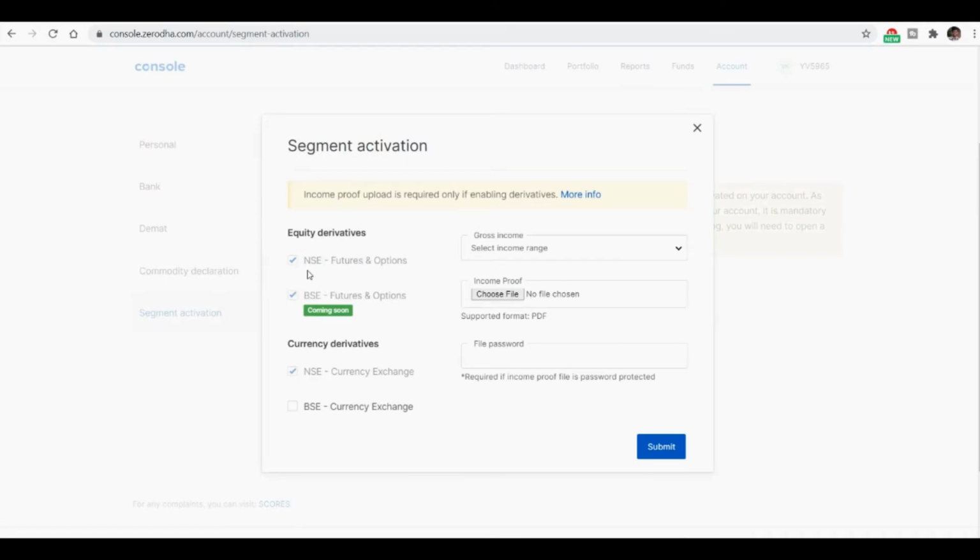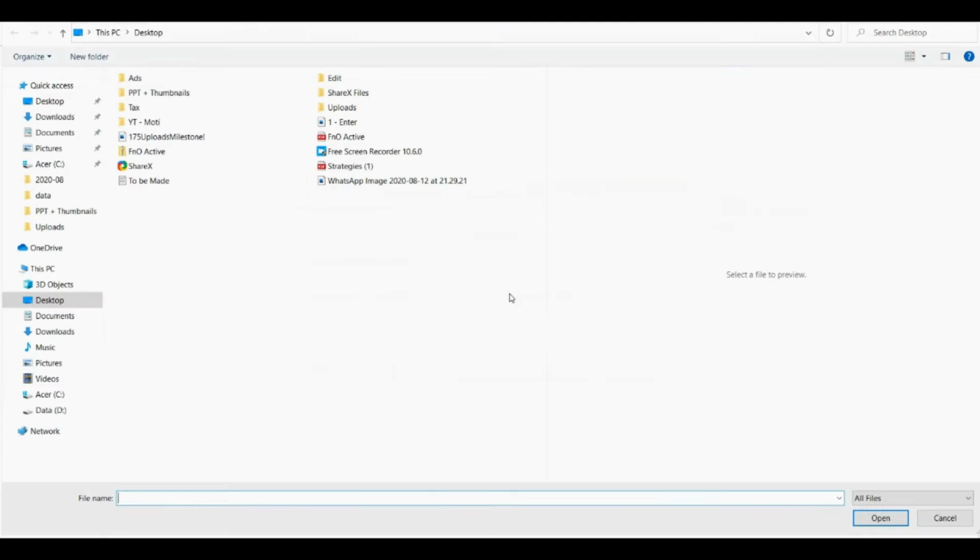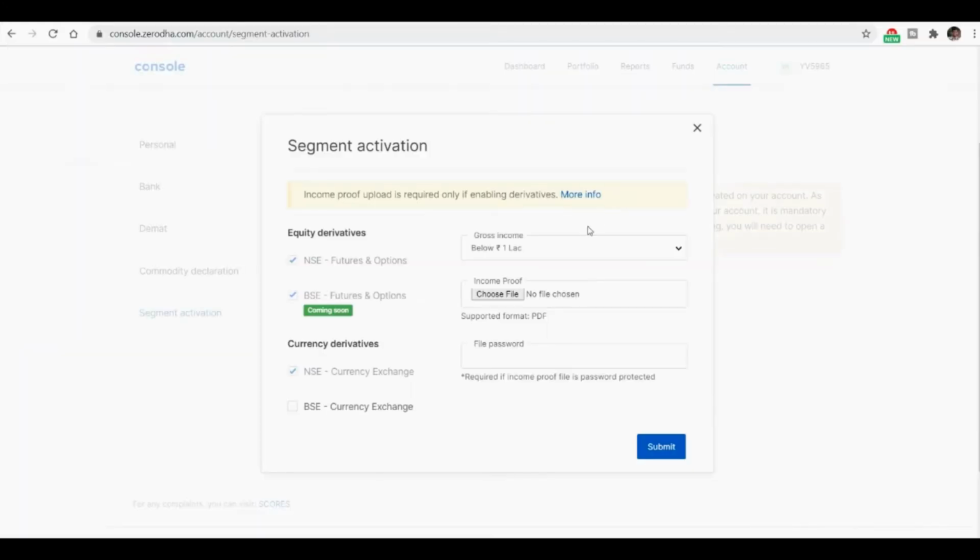It's already checked actually. Else you have to tick mark and choose your income range. So first you need to choose whether your income is below 1 lakh or 5 to 10 lakh, and choose your income proof. The income proof can be 4 documents. It can be a 6-month bank statement, or a salary slip, or demat account holdings, form 16, or IT returns.